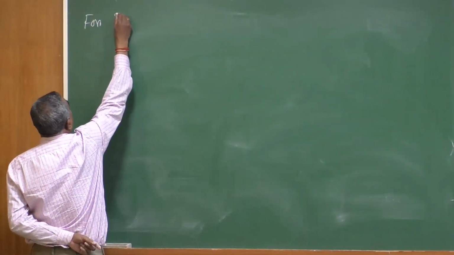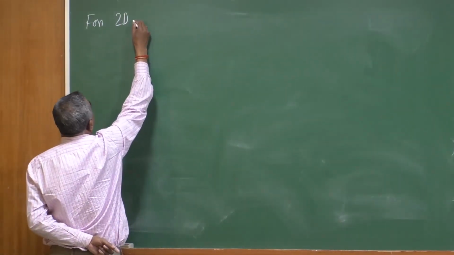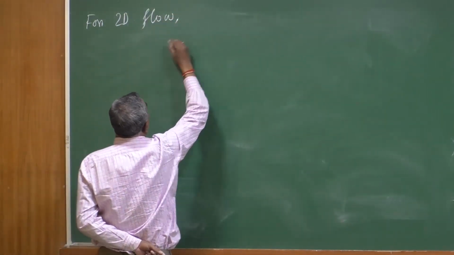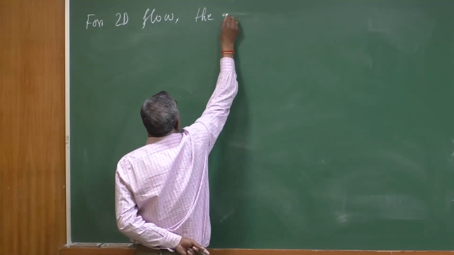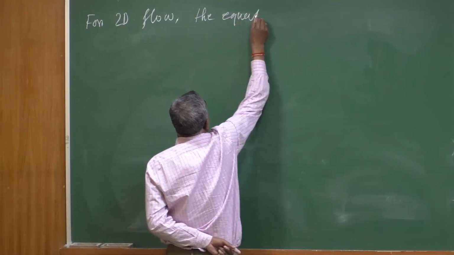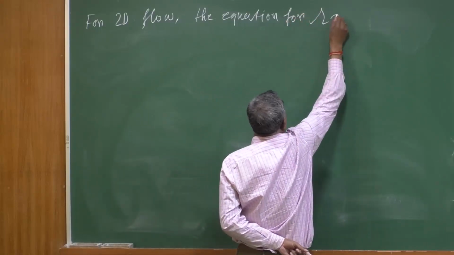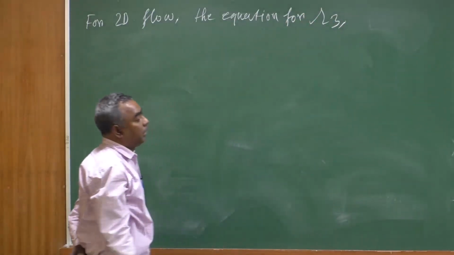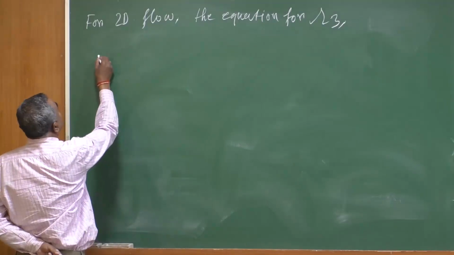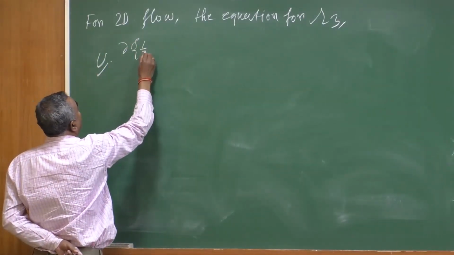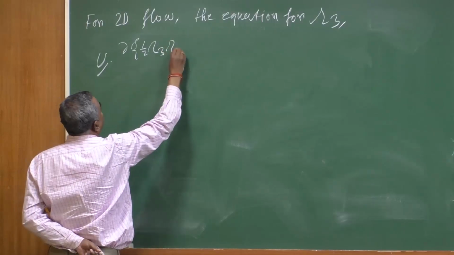For 2D flow, the equation for omega 3 can be written as, u_j, half, omega 3,